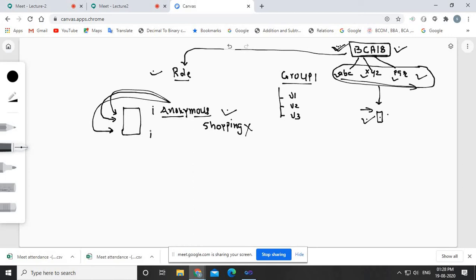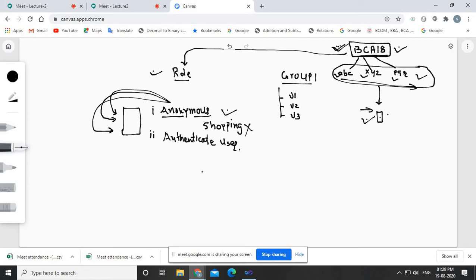So the second user is called authenticated.